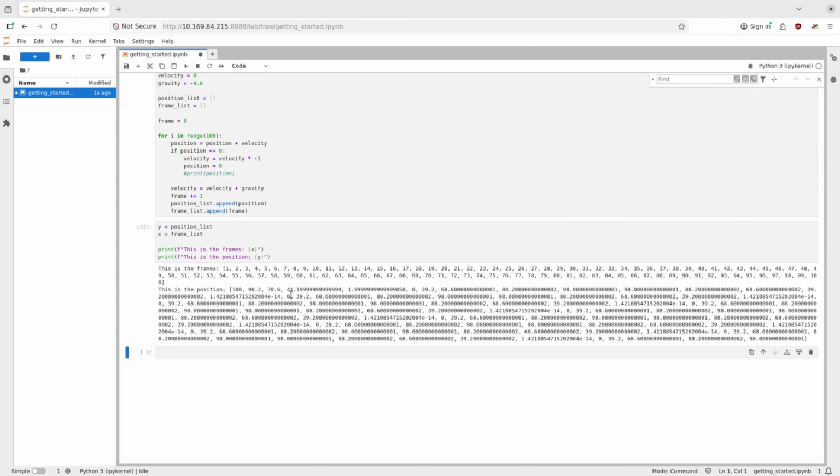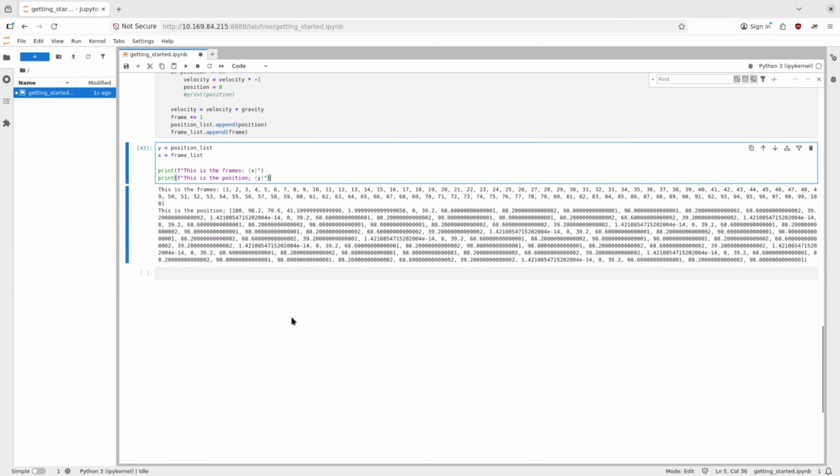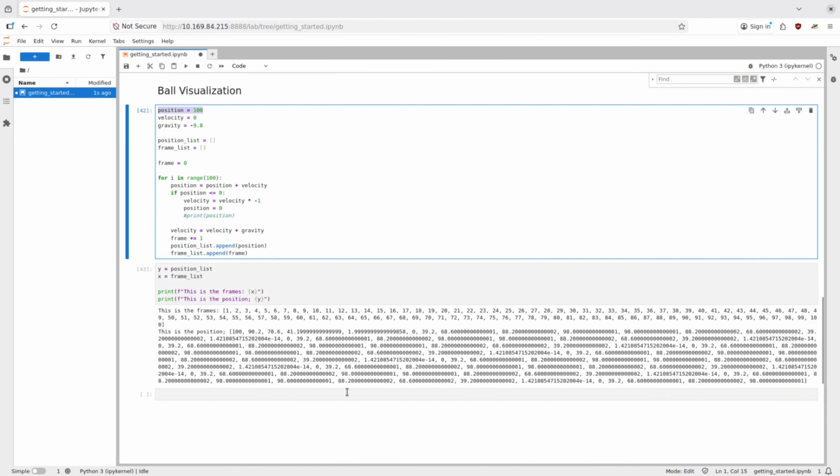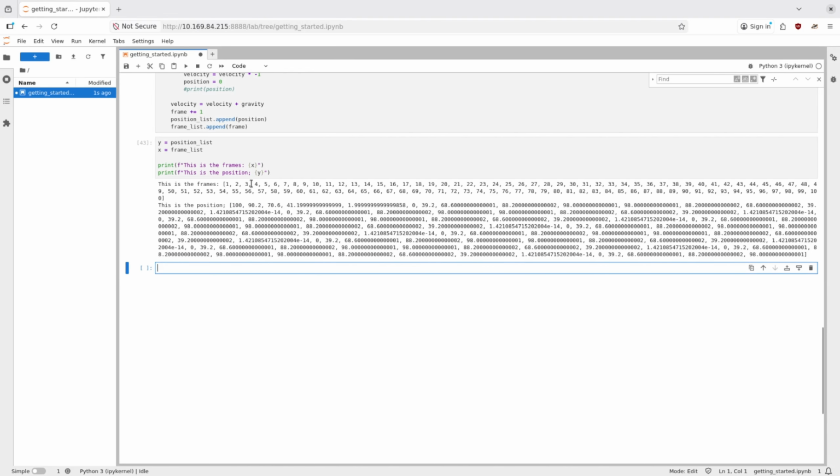Okay, we fixed the error. Error was again typo error, as the most common one. The error was here, was written velocity instead of velocity. So it did not calculate velocity plus gravity. It did not update position list, and it was printing just 100 as a starting position that we have here up. Okay, now when it's working, as we can see, we have frames from 1 to 100, and we have position